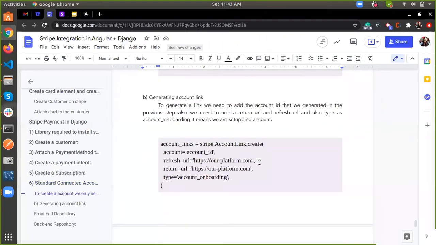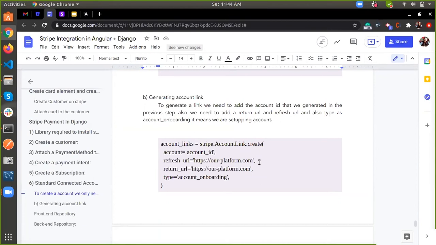So before moving to generate account link, most of you may wonder why we should generate an account link. What happens is, when any seller signs up on any marketplace, or we can say on the website, then for receiving money he needs to add his bank details on the connected account, or we can say for Stripe. So any seller may feel insecure: why should I add my bank details to any website? So instead of that, Stripe has provided this feature, that using that Stripe connected account ID, we can create